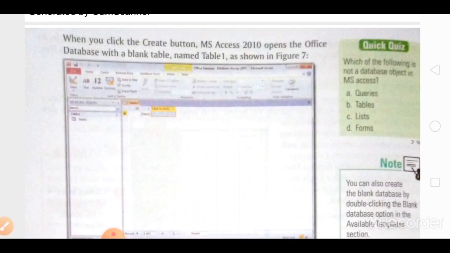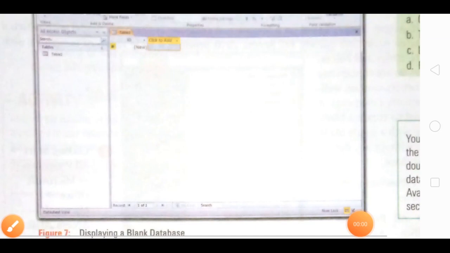It is not much clear, but try to understand. You will have this window in this type. By default, you can see that a single table name is given, that is Table 1, and this is a blank table. Before entering the data, you need to specify the total number of columns, and the data type of the columns will also be specified. The data type of the column is used to recognize the type of data that you are going to enter in the table. In the coming slides, we will be studying the data types also.